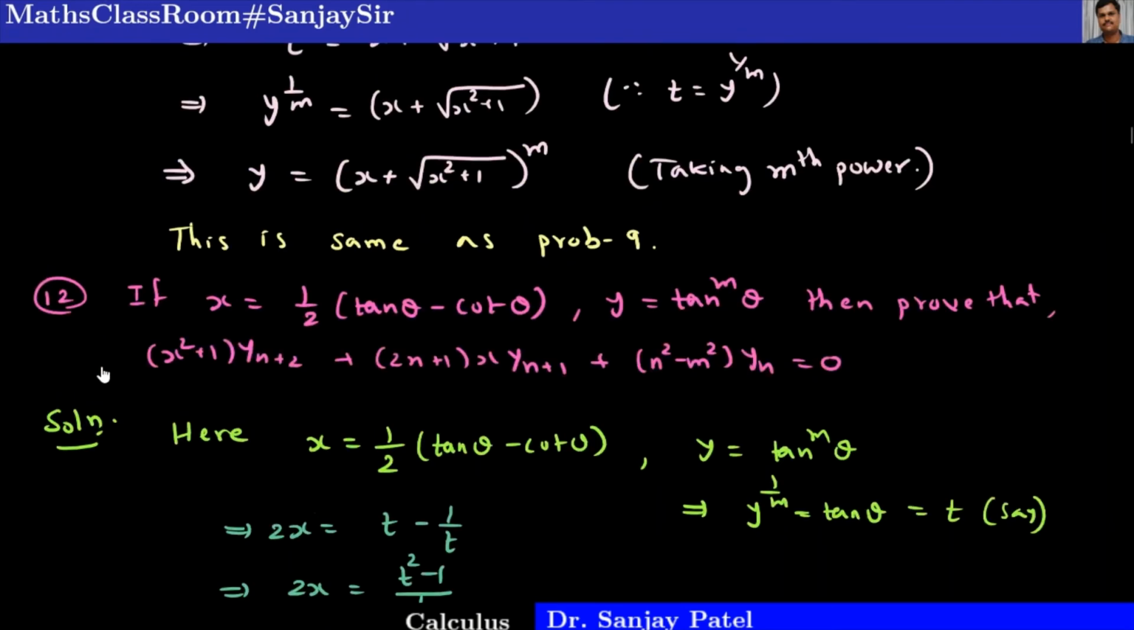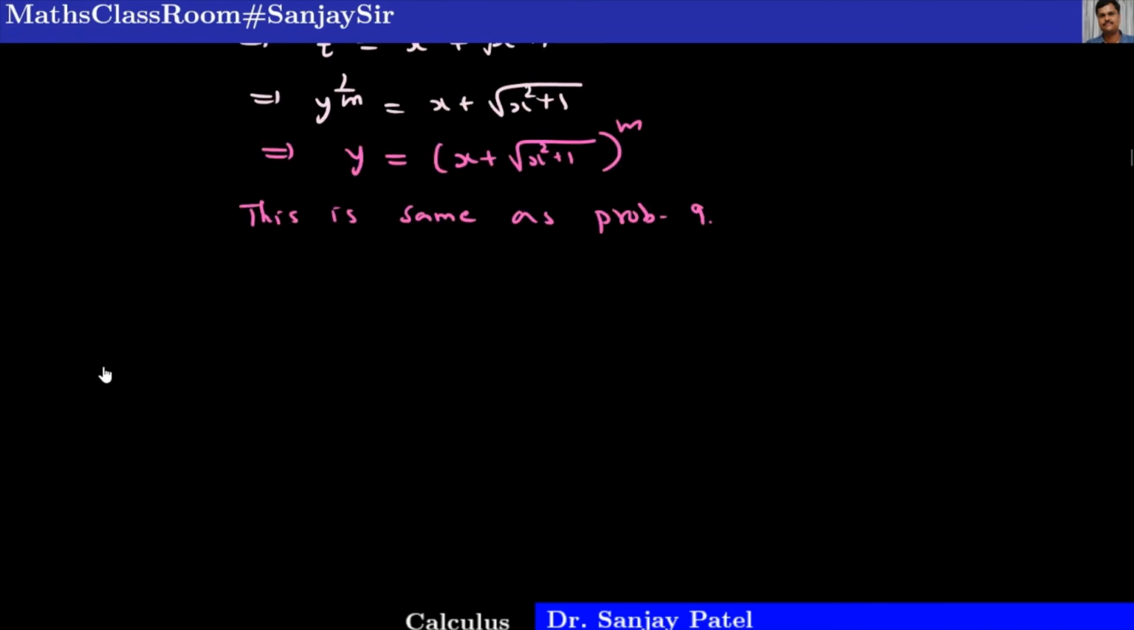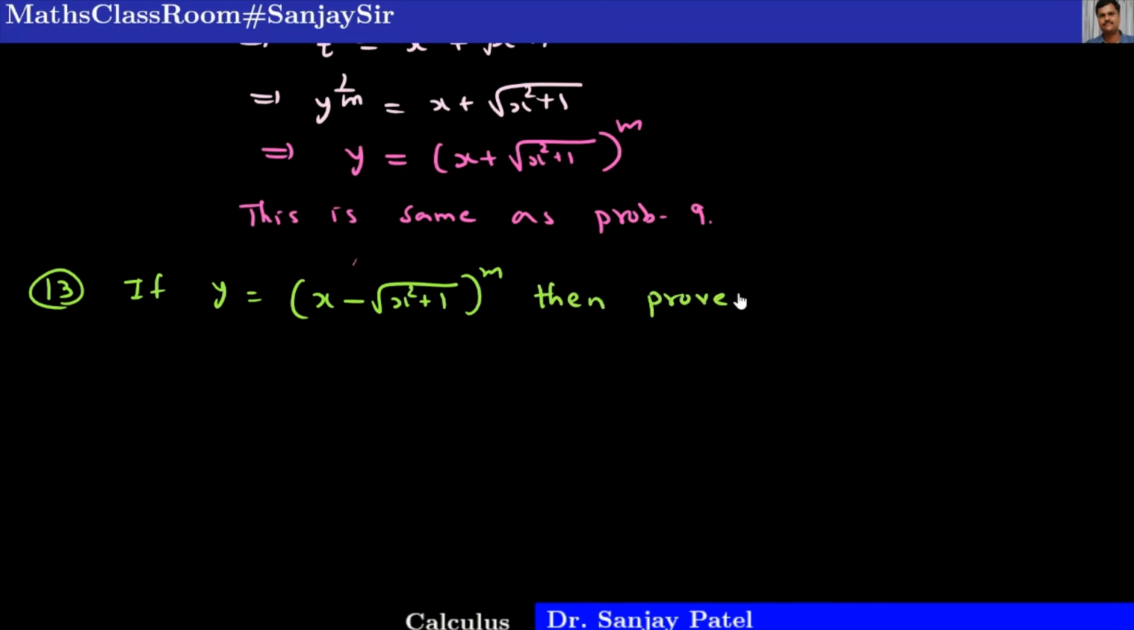This was problem number 12. Now we'll go to problem number 13, the last problem of today's lecture. Problem number 13 is: if y is equal to (x minus square root of x square plus 1) whole raised to m, then prove that